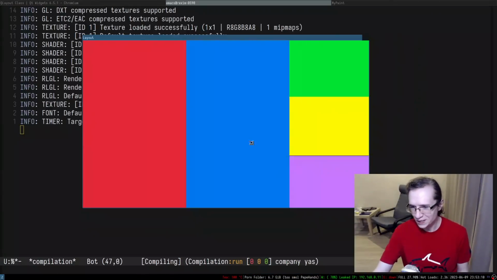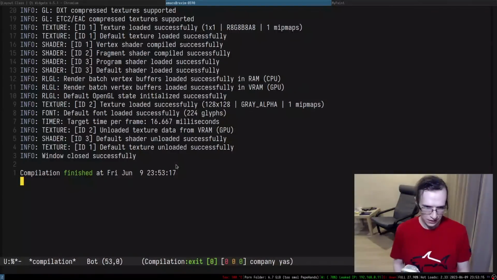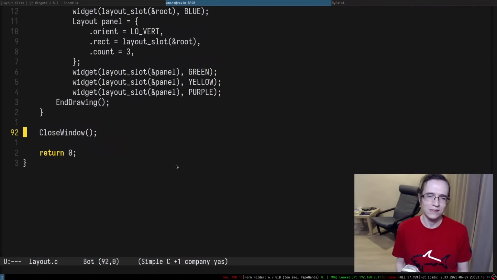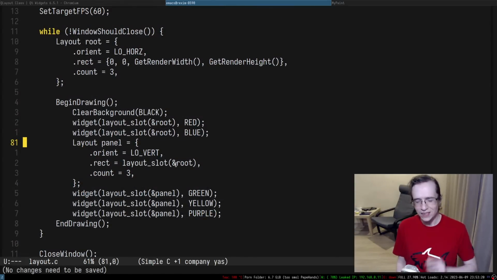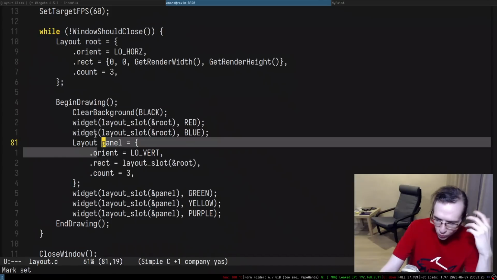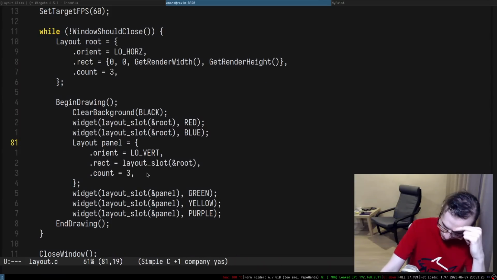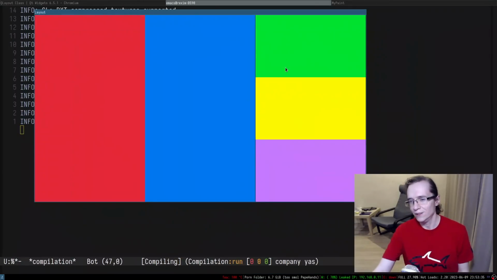So anyway, this entire thing works, and that's pretty cool. But I don't really like how inconvenient it is. I don't like the fact that I have to come up with a name for these panels. How do you call the third panel in here?